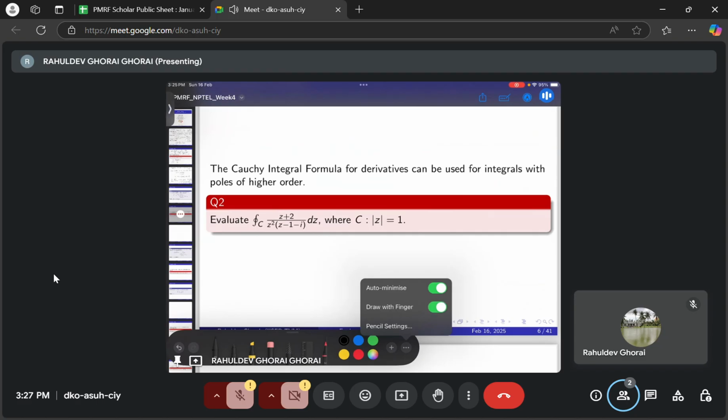So what does the Cauchy integral formula say? I will write it. First of all, we'll try to do this problem in two different ways. Let's see whether we can do it. So the first one is the Cauchy integral formula, which is as usual what you know is